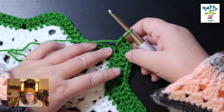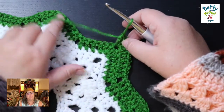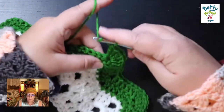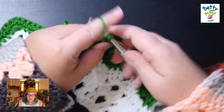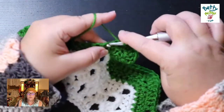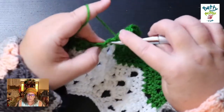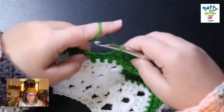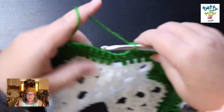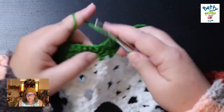This is the row of 5s. So it has 5 going up, 5 in the peak, 5 coming down, and you're always going to skip these 2 in the center of the valley. 1, 2, 3, whoops, 4, 5, and then skip 2, and then 5 to go up. 1,